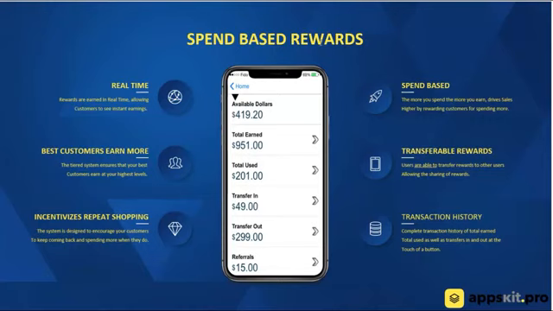How this works, it's transactional-based, so the customer receives a percentage of the sale transaction amount back into their wallet. So this is a wallet screen, and whatever they spend, you can set up different tiers, different levels, and basically assign a percentage of spend back to the customer. So let's say a customer comes in and spends $100 and you're giving them a 5% rebate. They would get $5 back in their rewards platform, and they can accumulate these rewards over time